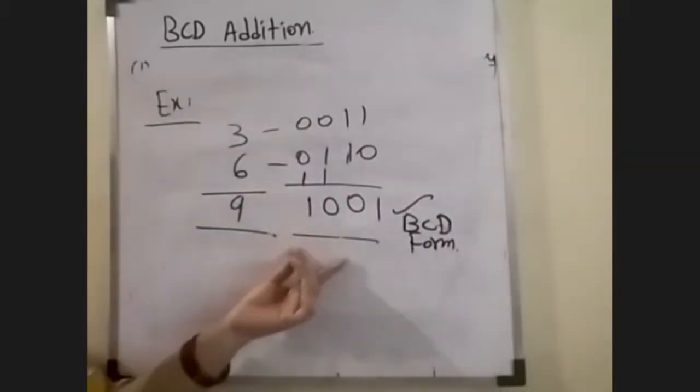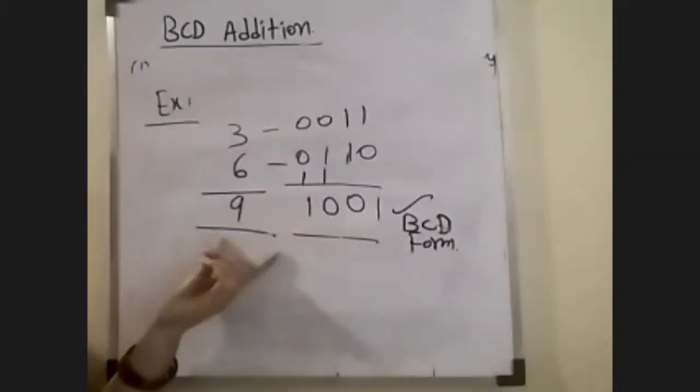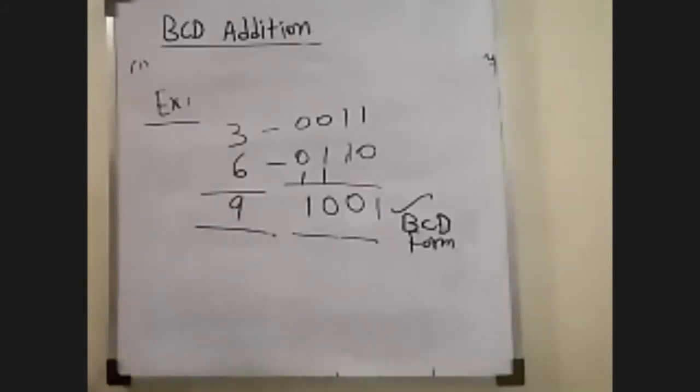Okay, the sum is in proper BCD form. There is no correction required. Okay, so this is one example. The next example,